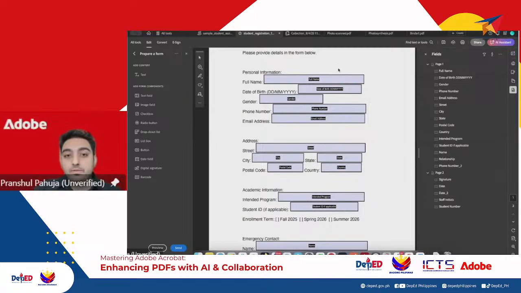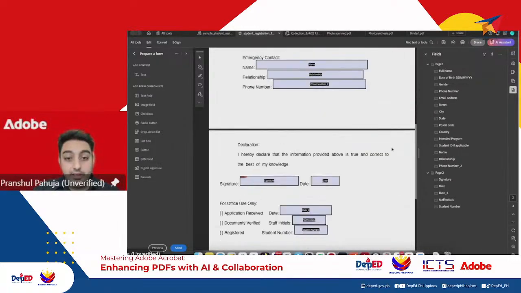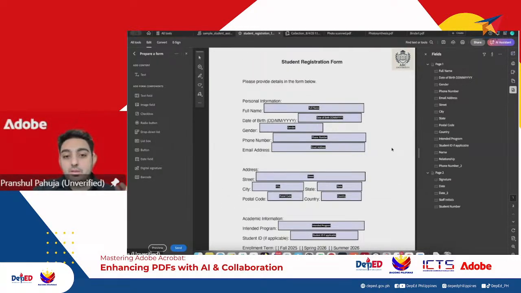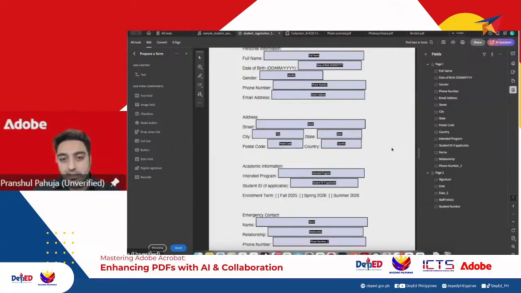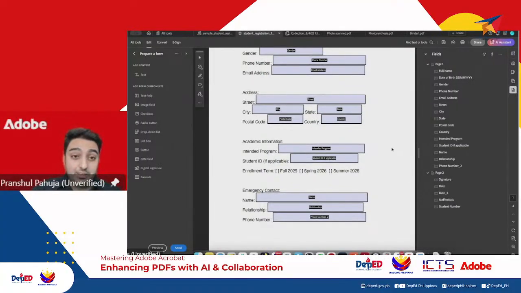If you see, all the form fields are placed already, they are ready for you. All you need to do is make sure that the field placements are correct. If the form which was created originally had ample space, it will automatically adjust to the space which was allocated. And now as a form creator, I don't really need to do much. I can just click on send and it will point me to my email or whichever server I'm using to send it out. If I don't want to send it via email, I can just save it on my system and it will be ready to go.